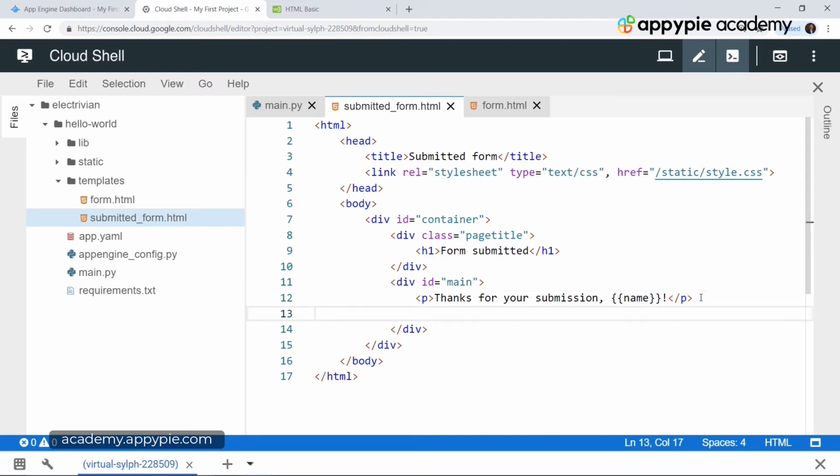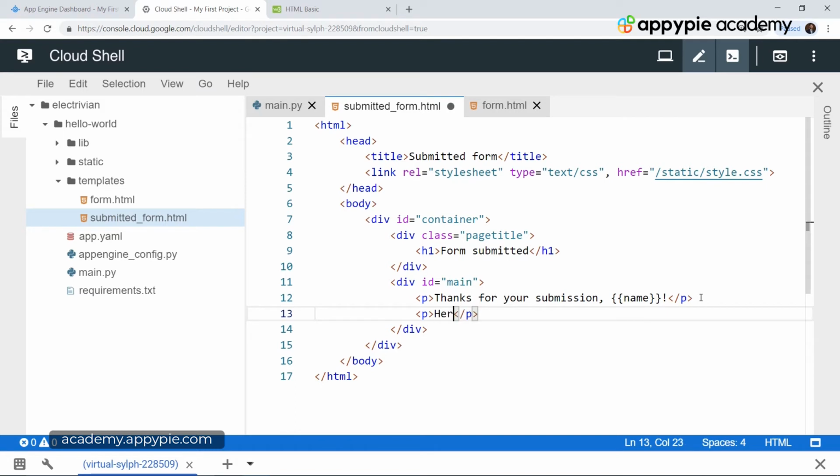Okay, then now let's tell the user that we'll also display a review of what the user has sent us. So we have a new p tag, and we also have a closing p tag. And over here, let's give the user a review of what the user has sent.